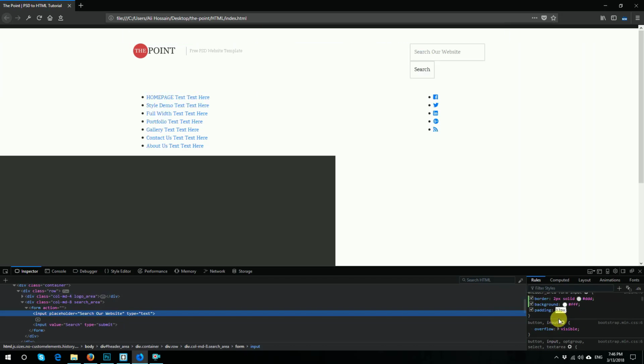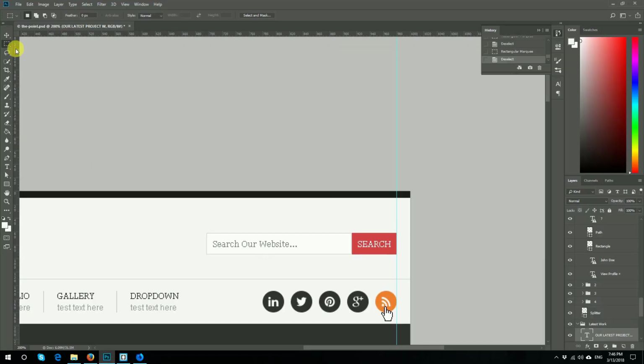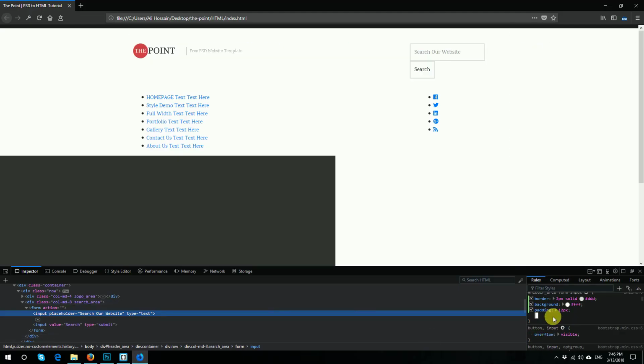Actually I am doing this here so you can understand what I am coding and what change is happening, so you can understand better about this coding. So now I need to copy the Photoshop width, and for that the width is 216, so width 215 pixel, float